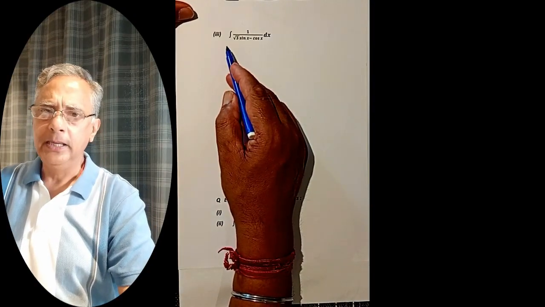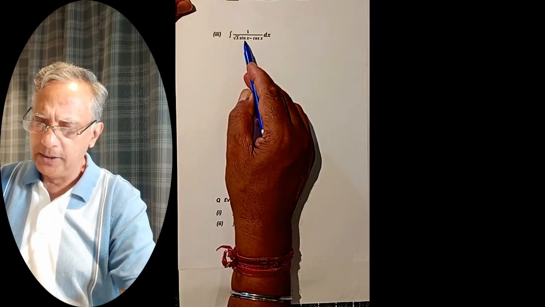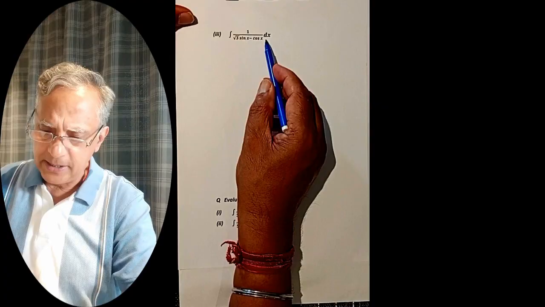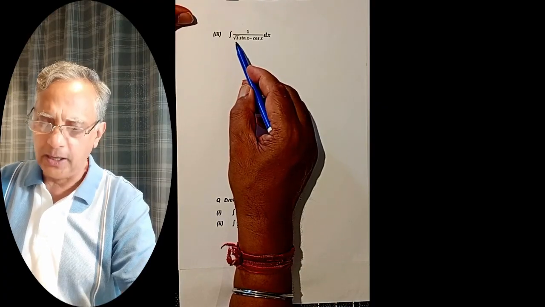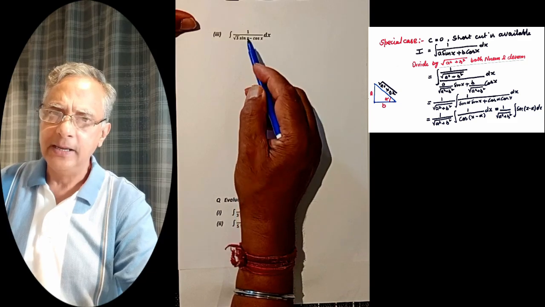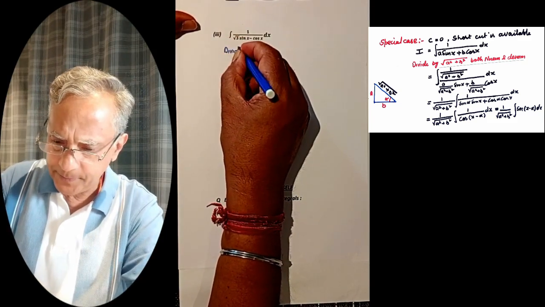Now we take up the third part. The third part is integral 1 over 3 sin x minus cos x. But here c is 0. Therefore, a shortcut is available. A shortcut is available. What we will do is divide